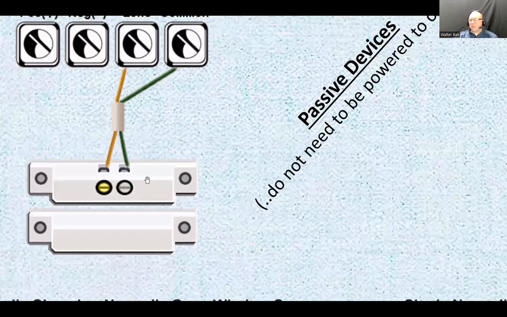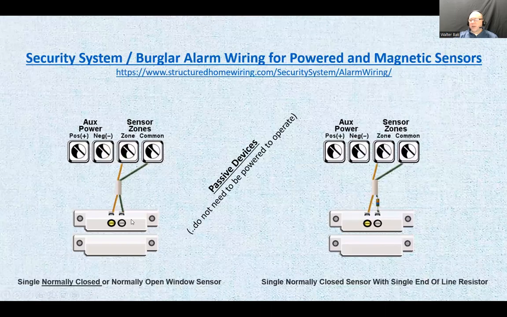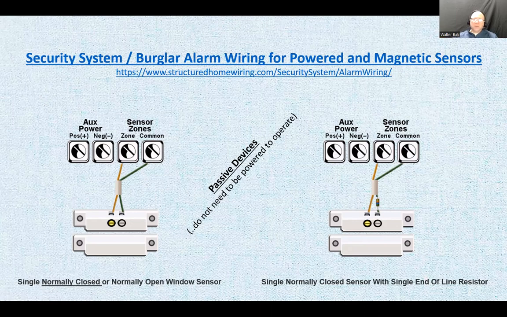Now, if you have more than one, let's say you want to put 3 windows that are beside each other in the living room on the same zone, say west wall living room windows or something like that, you can put them in series. You can run those wires between those windows, so you bring the wire here to the first contact, and you run a wire from one window to another, to another, close the loop, and you're going to have a series loop. The loop is supposed to be closed. So if all the windows are closed, then the whole loop is closed. If one of them opens, the whole thing is open, and it could trigger a condition,